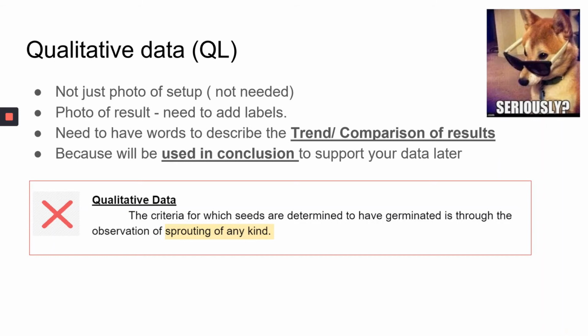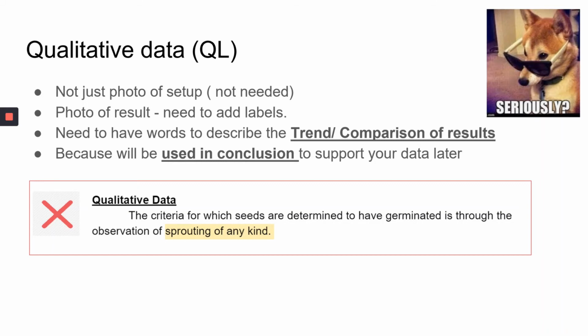It will be beneficial if you mention the comparison between the results, for example, the comparison between the negative control and something else. Or if you have a continuous variable, whether there's a trend, is it getting darker or lighter in color, things like that. A good qualitative data is one the student can refer back to. That means the qualitative data supports the quantitative, numerical data. So you need to refer to your qualitative data in your conclusion later on.